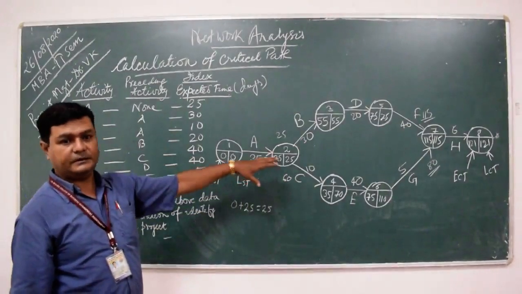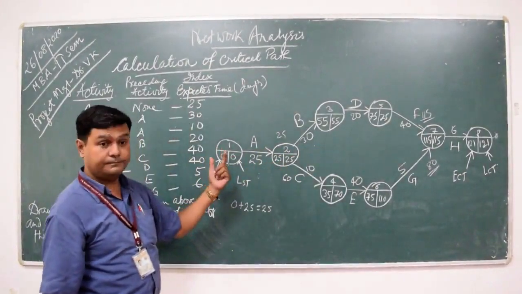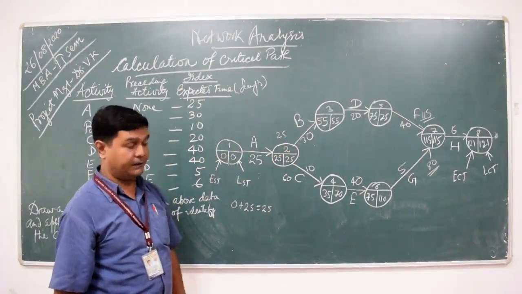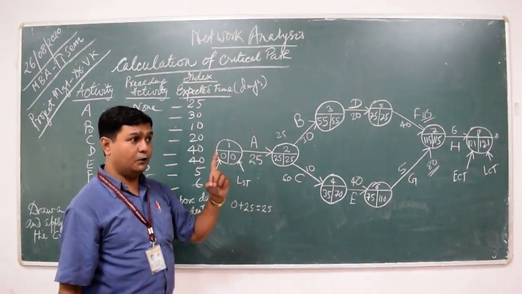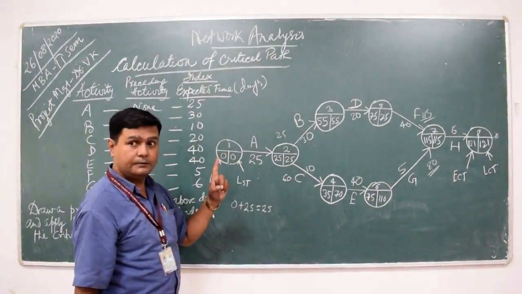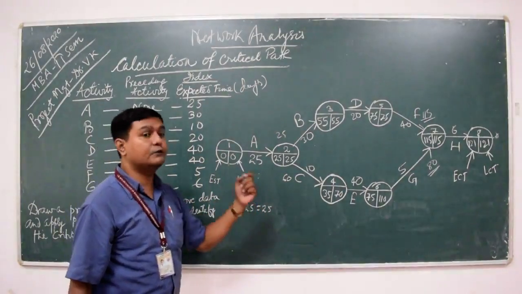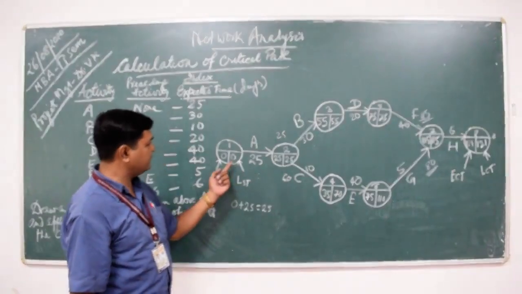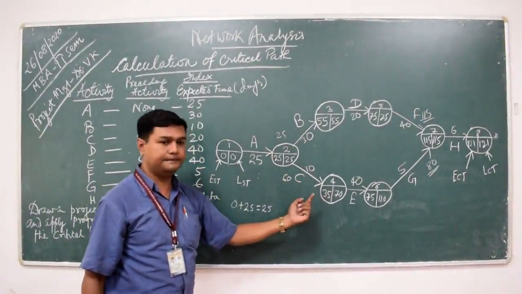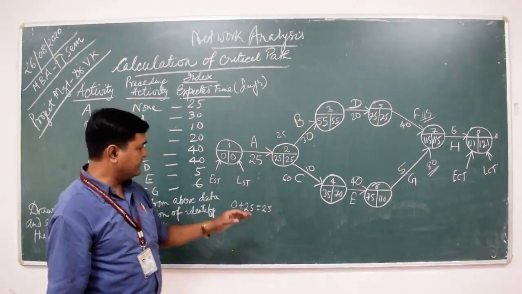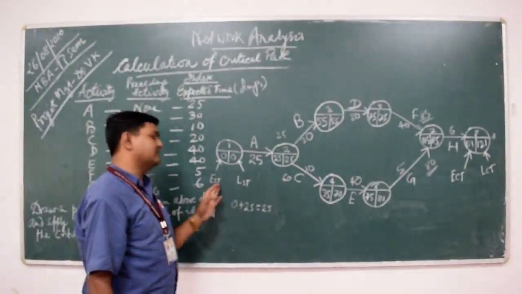So this is the calculation of progressive computation, that is forward pass and backward pass. Now we have to identify the critical path. Remember, critical path will follow only that path which is having the 0 slack. Slack is the difference between this and this, means 25 minus 25, 70 minus 35. The definition is slack is the time gap between the latest start time minus the earliest start time.